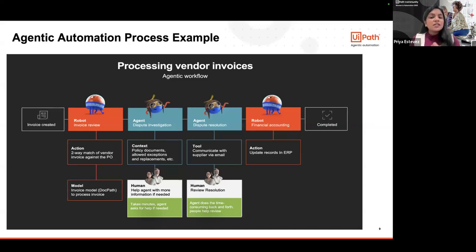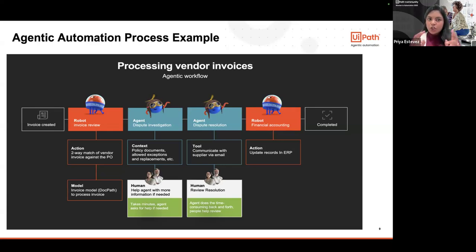Now, the agent has the skill to make its own decisions to investigate whether this dispute is true or not. So it uses the context that it was provided with, basically the policy documents or any exceptions or any constraints that it has been placed with. Using that context, or that knowledge base it's been given, it contacts the human, involves their help, and gets additional information. And then the agent can easily pass on this information now that it has performed its specific task.